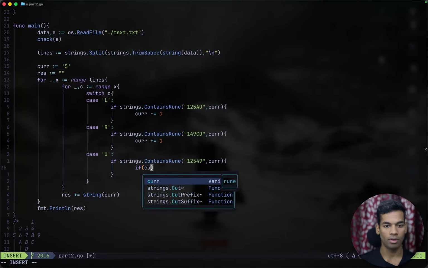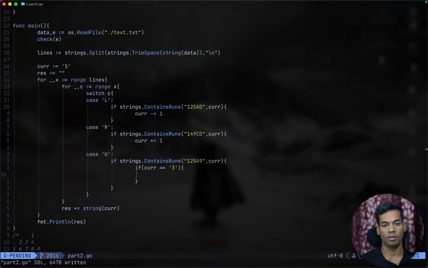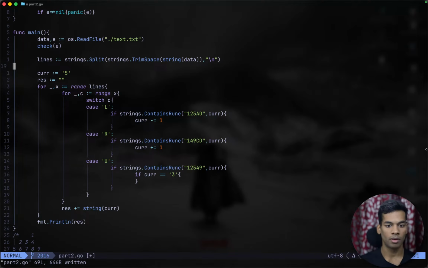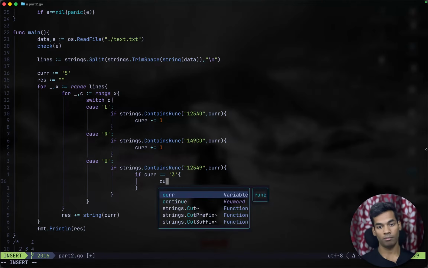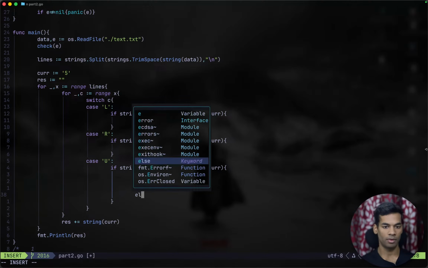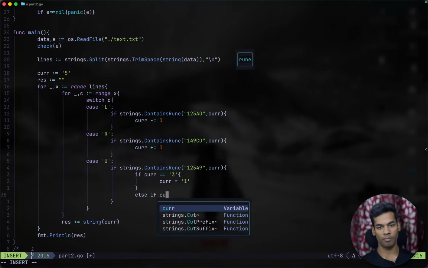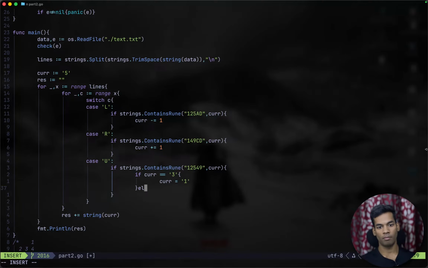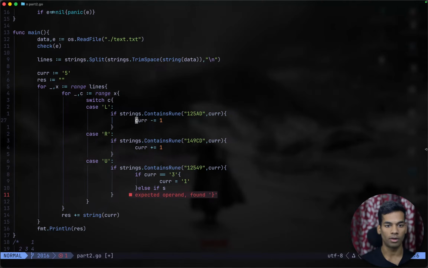Let's see if cur equals 3. If we are currently at 3, we will set cur equals 1. And this is very lame. I don't really like this. This is very, very lame. And else if, should we do else if, okay, we have to write here not contain, and here if